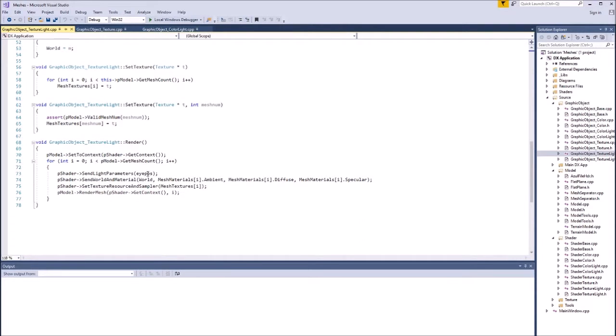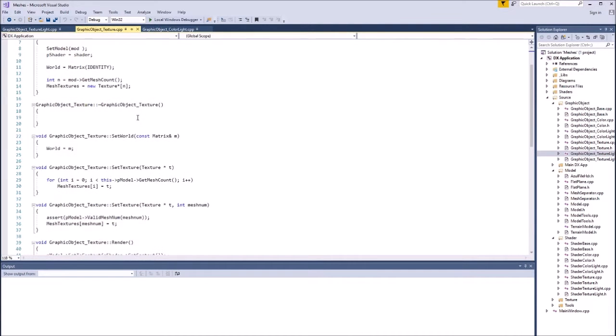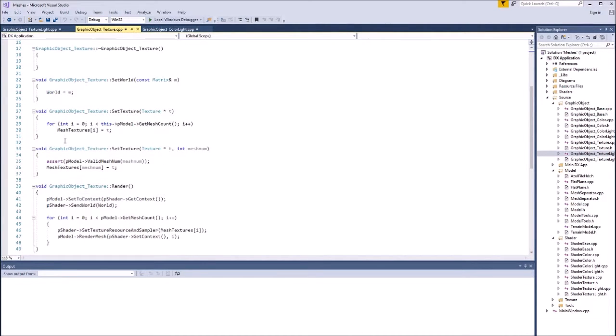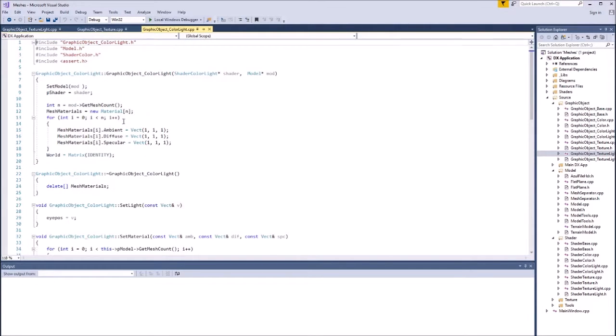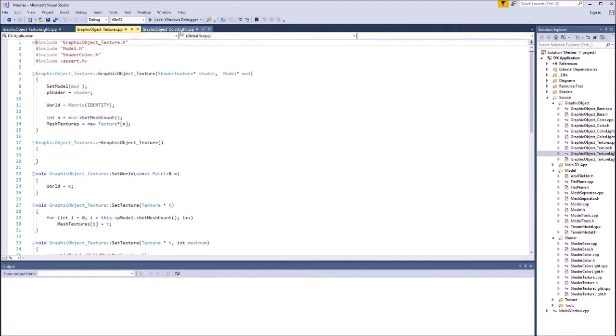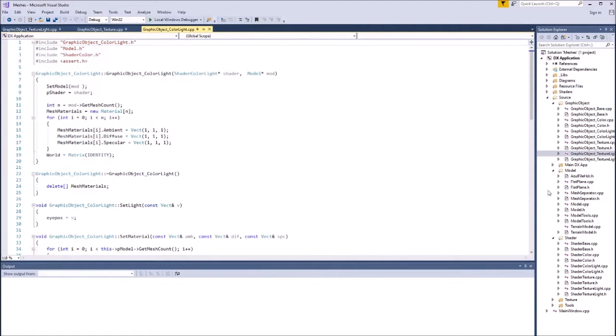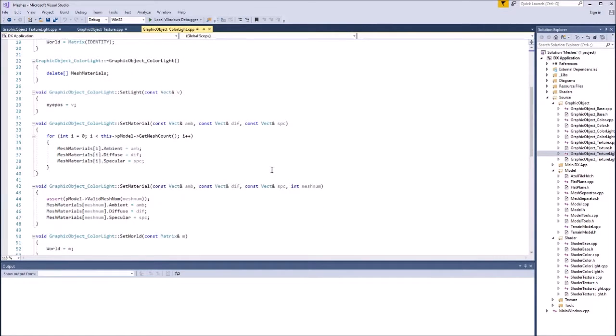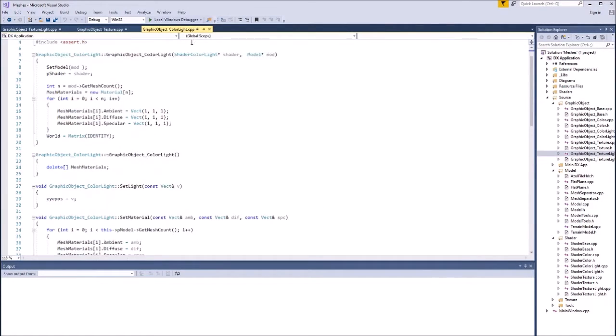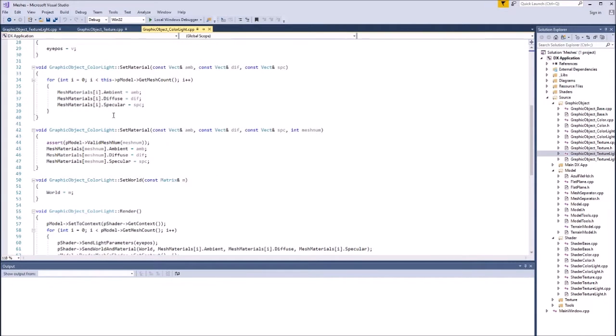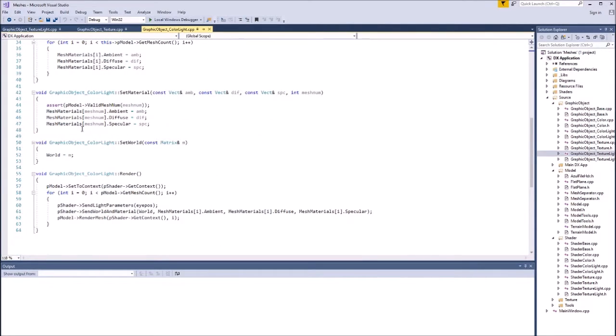And the render just goes through all of them, does both of those, and then renders it. Just texture will be the second half of that, with just the texture array, and then sends that. The color light will be the first half of that. I'm missing some deletes, but I'll add those. I just noticed that. Yeah, the first half of the stuff from the texture light will be in the color light, so the material array and then rendering the